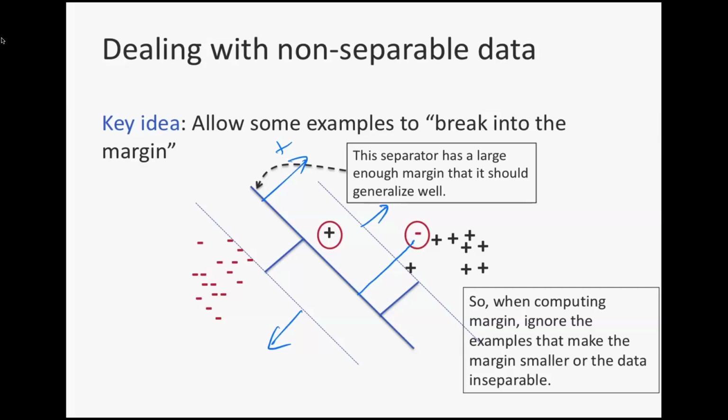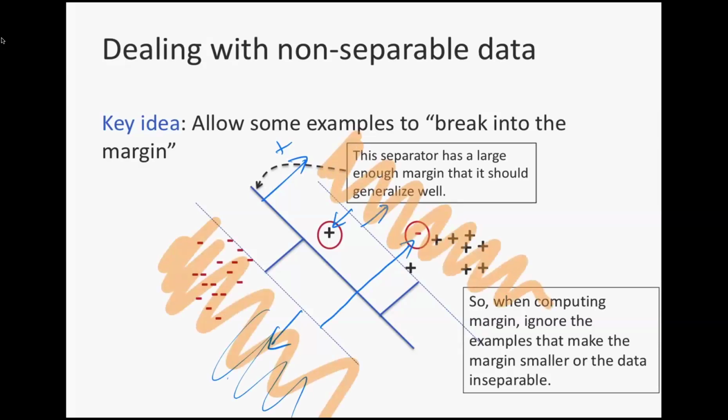Really not that much. Actually, that minus should have been somewhere here. So it has actually gone all the way from here to here. The plus, I've allowed it into the margin by going this much. In a perfect world, all the minuses are here and all the pluses are here. This one bad minus, I have given it the freedom to travel all the way to the wrong side. And the one bad plus, I have allowed it to break into the margin. And by doing that, I'm working with a hyperplane that has a larger margin. So this distance here